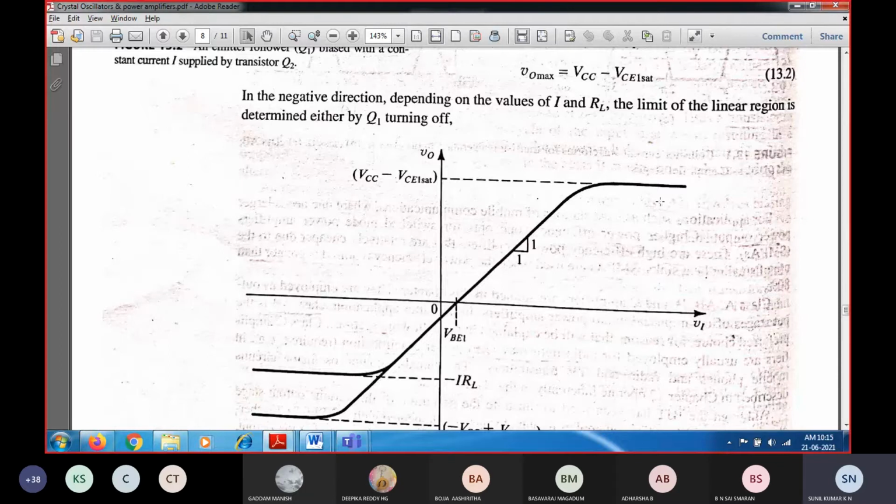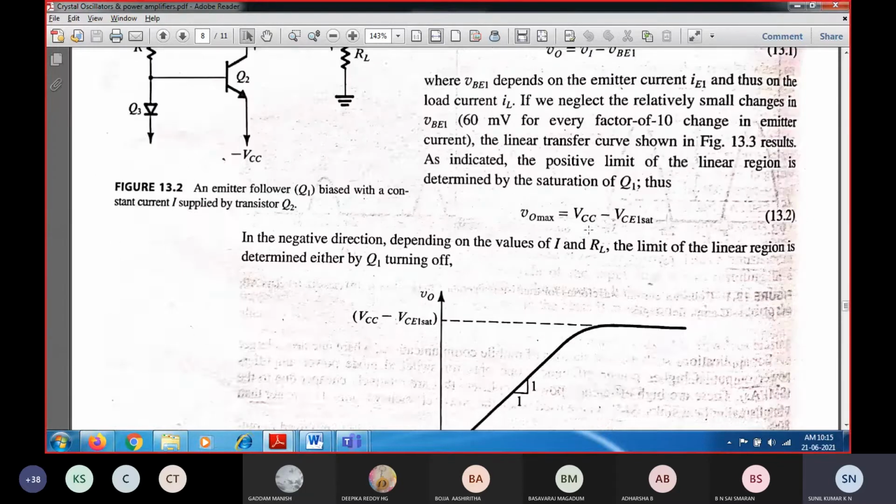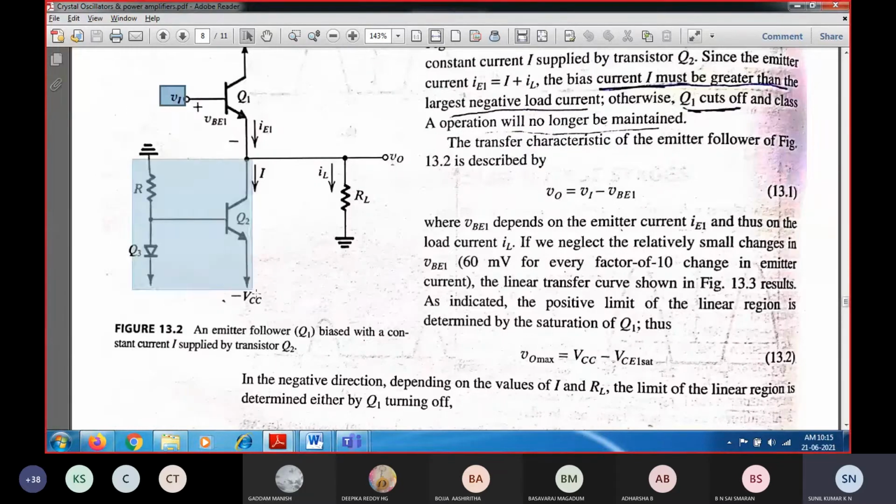You can see the transfer characteristics over here. Now if this circuit is absent, what will happen during the negative half cycle of the input? During the negative half cycle, the input is less than VB1. First of all, it requires a positive voltage greater than VB1, and only then will you get output. If it is a negative voltage, the transistor will be in the cutoff state, so obviously the output voltage will be 0.